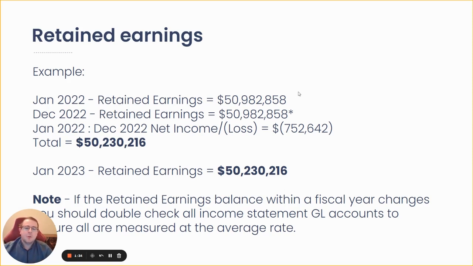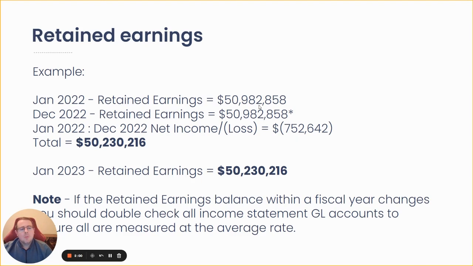Specifically, double check that your income statement accounts are actually measured at the average rate and not perhaps inadvertently measured at the current rate. So with that balance not changing, we then need to look at the net income or loss for the accounting period. And in this case, we have a loss of around